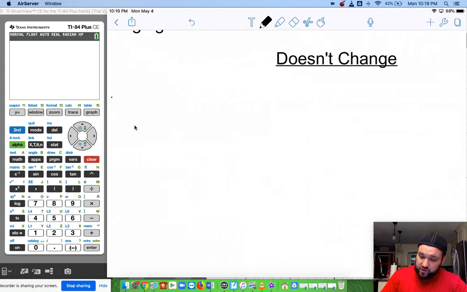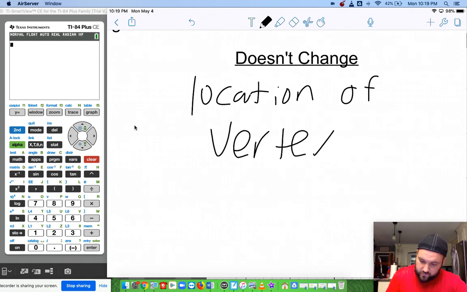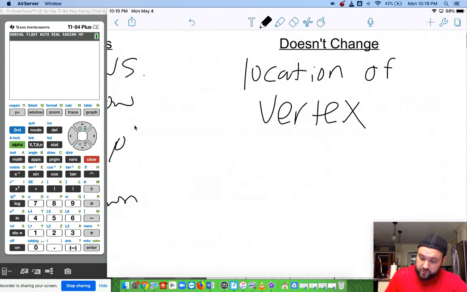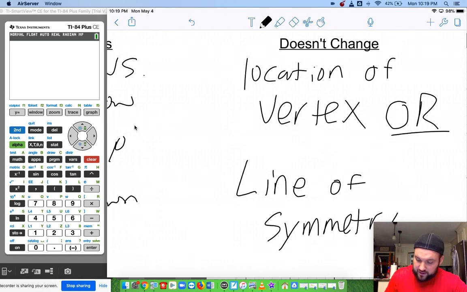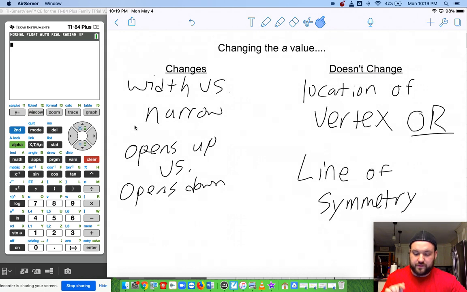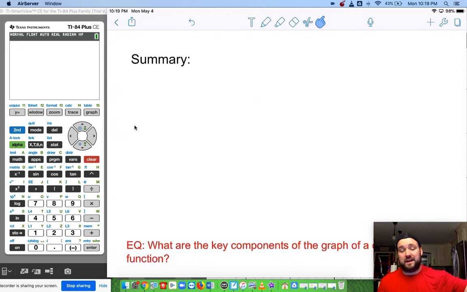Okay, so what it doesn't change is the location of the vertex. It also doesn't change the line of symmetry. Again, we're not going to talk a ton about the line of symmetry, but the line of symmetry is just that line that splits the parabola right in half. Okay, so wide versus narrow and open up versus open down is what the a value dictates. I'm not going to do a summary. The previous slide can act as the summary, and that's the key piece to